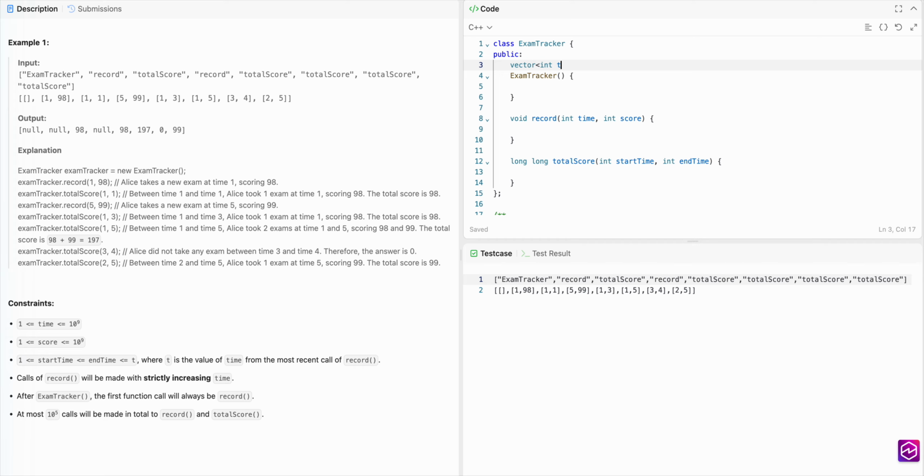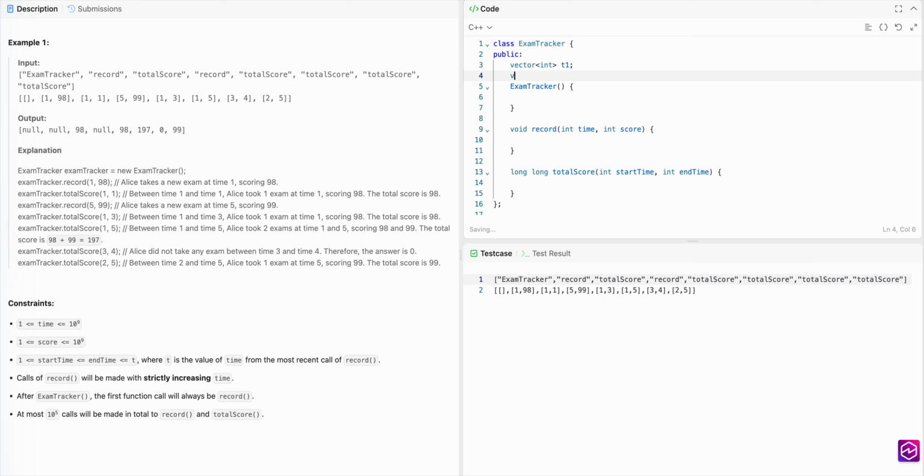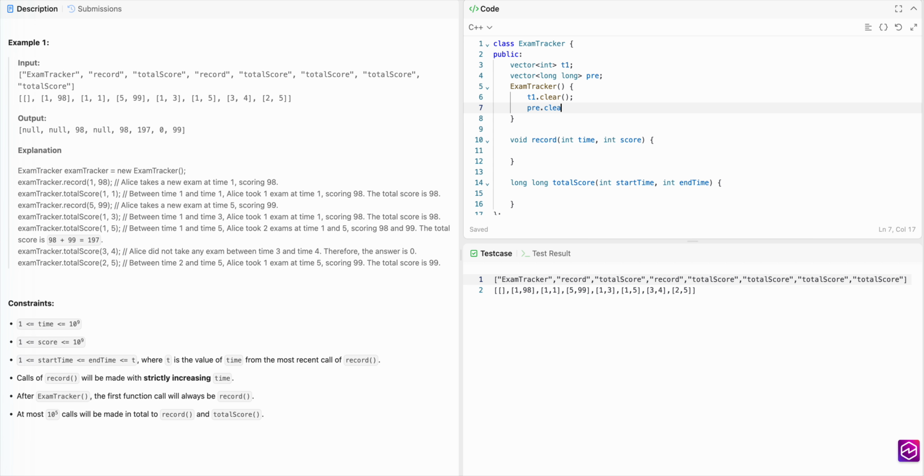Time can always be integer. Let's just call it t1, and then we are going to have a prefix, which has to be a long. So we just do t1 dot clear every time we are doing this. So what we do is t1 dot push back time, and t2 dot push back score,